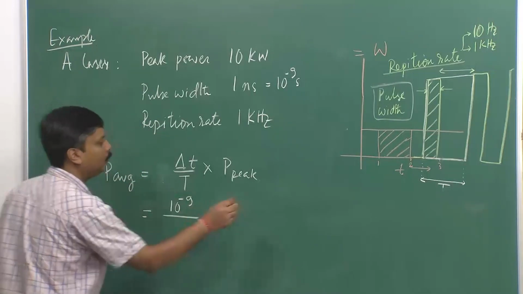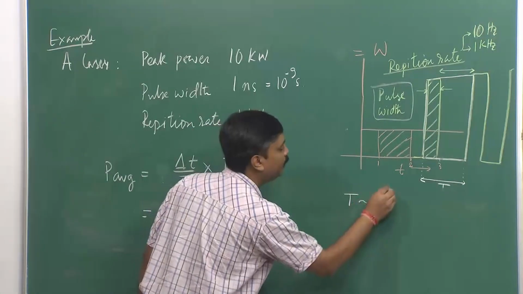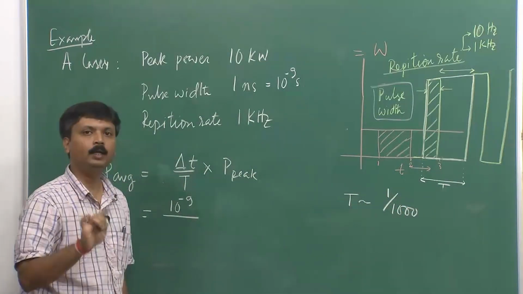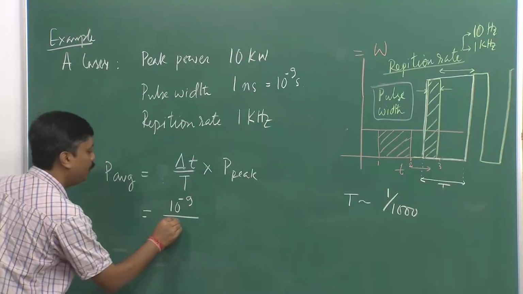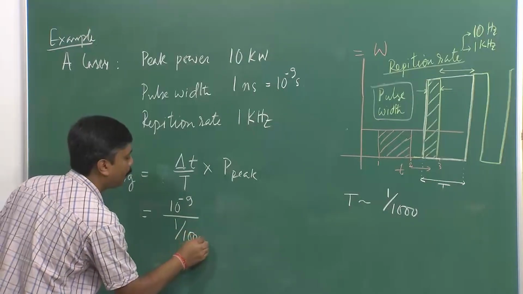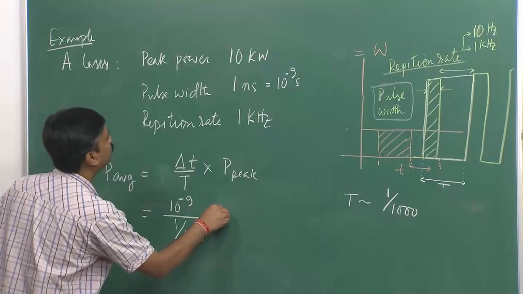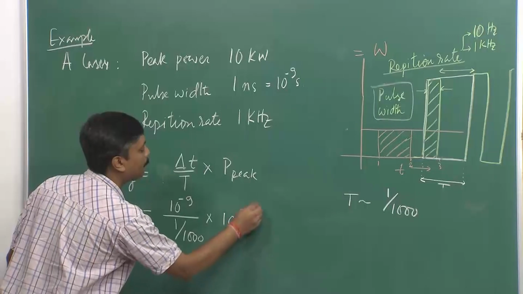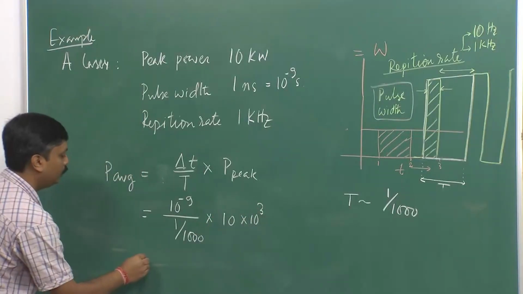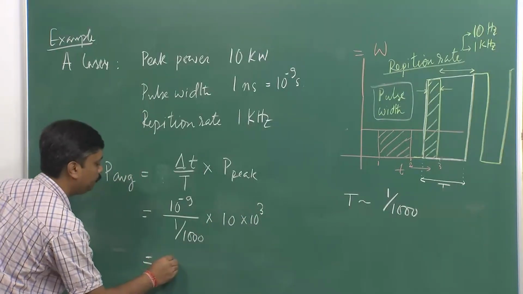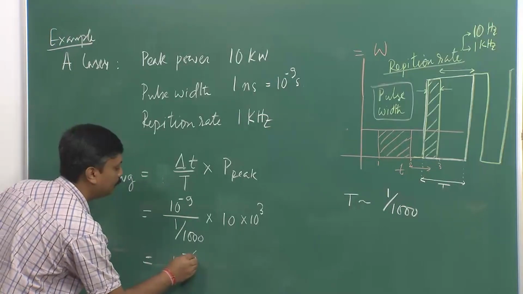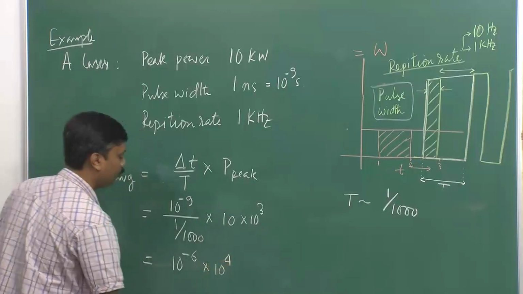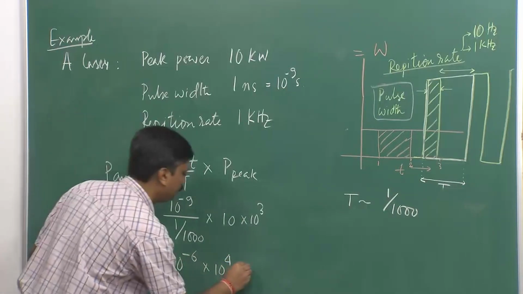So, this t is roughly 1 by 1000, because there are 1000 pulses coming in 1 second. So, if I put that by 10 kilowatt, that means, correct. So, therefore, I have 10 power minus 6 into 10 power 4, that is equal to